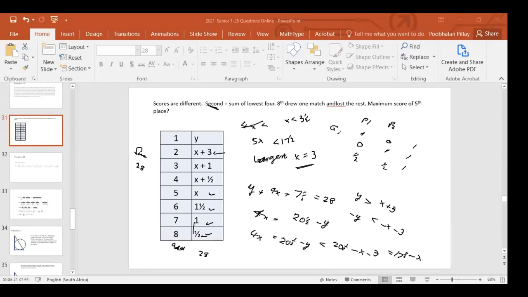Now you can see this is rather difficult, but there's pure mathematics involved in this. Although there are 8 different unknowns, somehow we brought those unknowns into just 2 unknowns, which is very beautiful. Using that information and making sure the sum of the others is as small as possible, we can write down what these scores are from one to the other. And whatever this y is, it must be greater, as we have ranked them from 1st to 8th. Okay, so that is the solution to that problem.